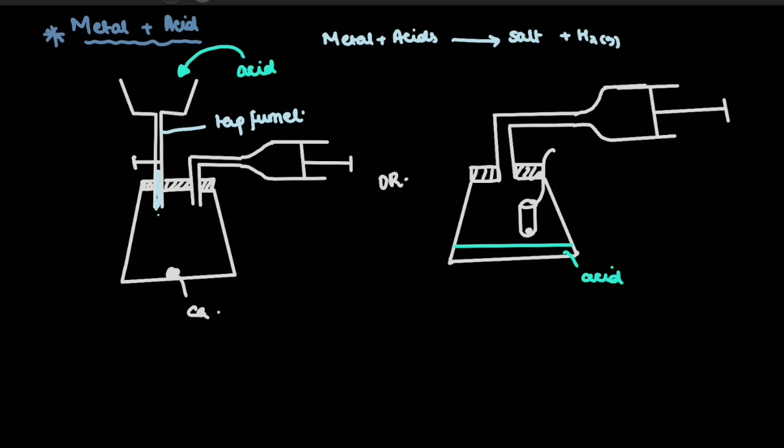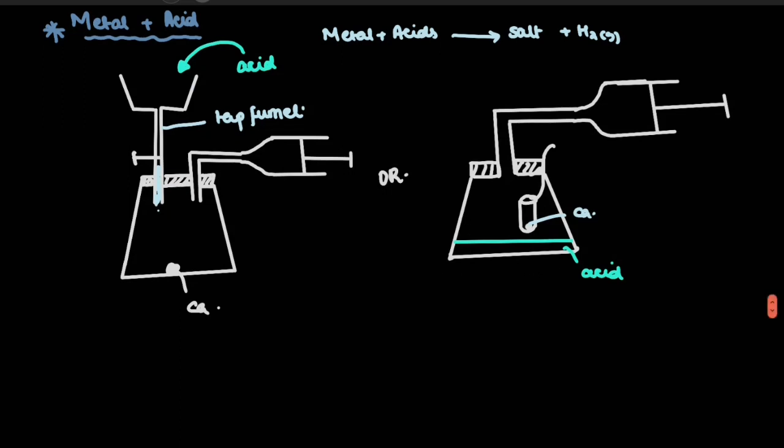Instead, the other thing we can use is that we attach a string to, let's say, a small test tube, and we have calcium metal inside of it. I pre-fill the beaker with acid and close the apparatus. After closing the apparatus, I pull the string. Pulling the string will make the calcium fall. When the calcium falls, it will react with the acid to give hydrogen gas, and hydrogen gas is collected. It's actually brilliant and amazing. Alright,